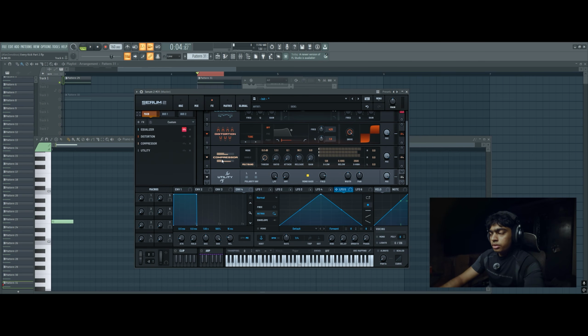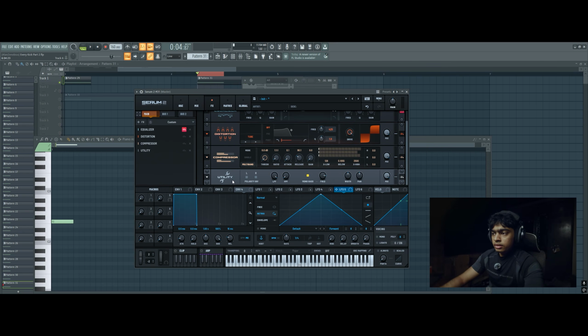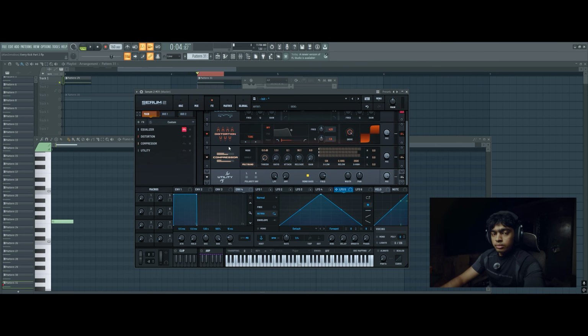And then the compressor is always useful for every kick. So every kick needs compression. Utility to control your whole kick, so the sub does not sound more wide and out of phase, so it's going to be in control most of the time. Your highs and mids can also be out of phase because we are using detune and we are using distortions. If you're going to export your kick, it definitely needs some post processing,